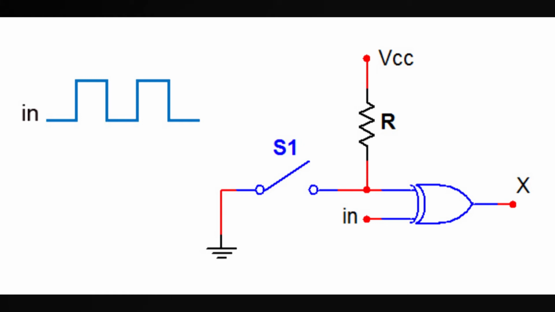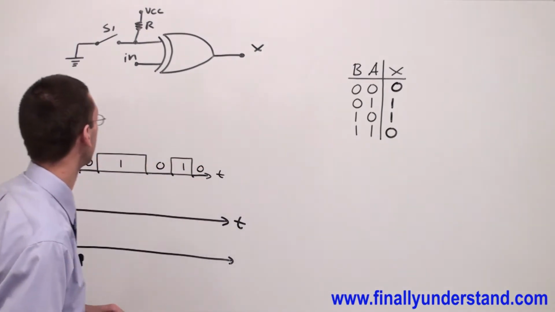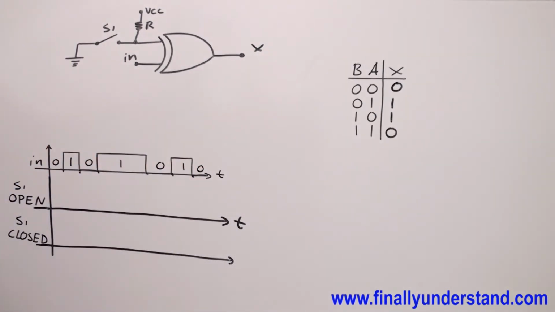Let's take a look at the board. This time we are going to analyze the exclusive OR gate. In order to find out what we are going to have on the output when the switch is open or